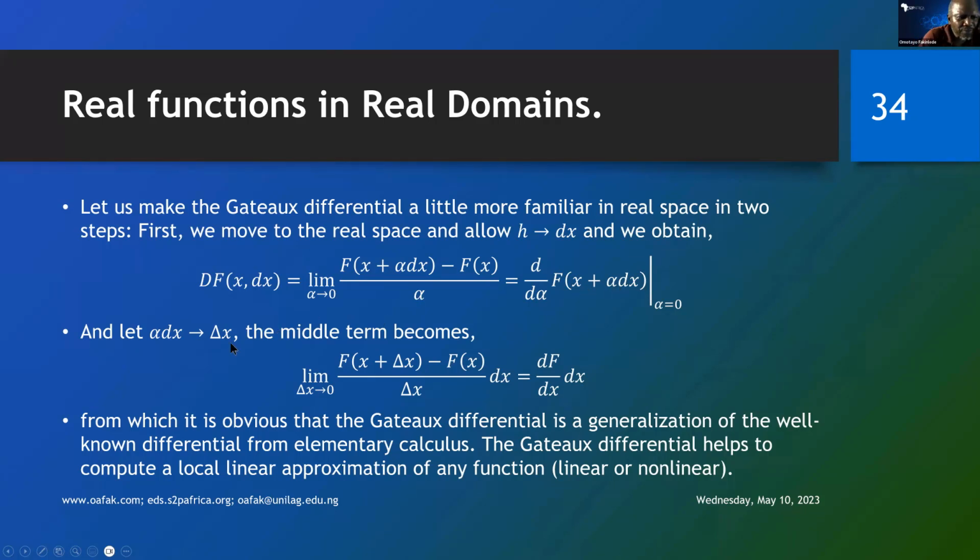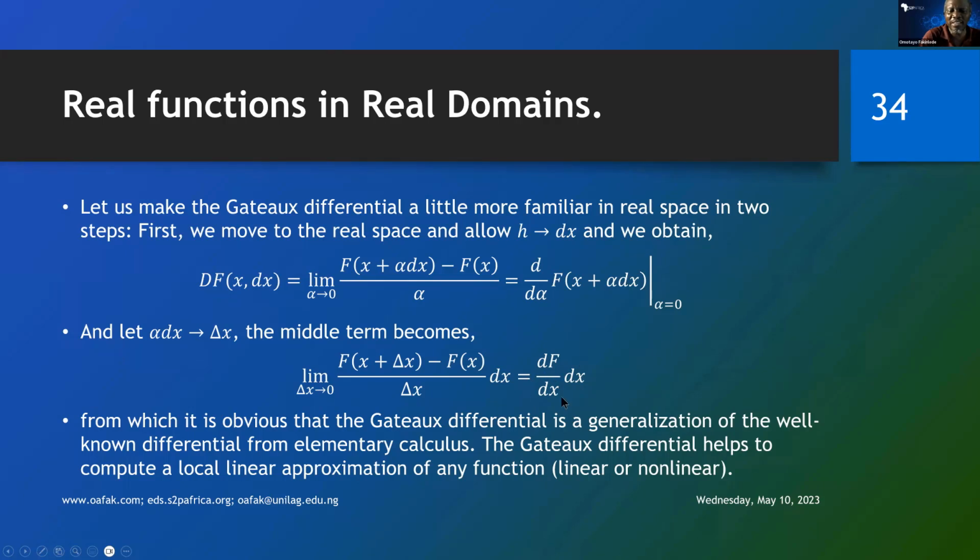So all we need to do is let alpha the x be delta x. If on this line we change everywhere that alpha the x occurs to be delta x, that means that when the x occurs alone, it becomes simply the x over alpha, or alpha itself is delta x over the x. So instead of alpha here, we are going to write delta x over the x. And that dx is what is multiplying here, if you work it out. So by the time we work it out, you can see that our Gateau differential becomes